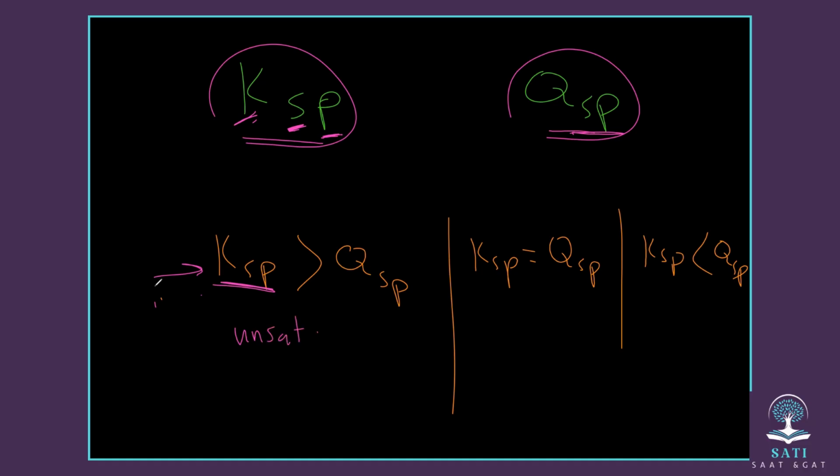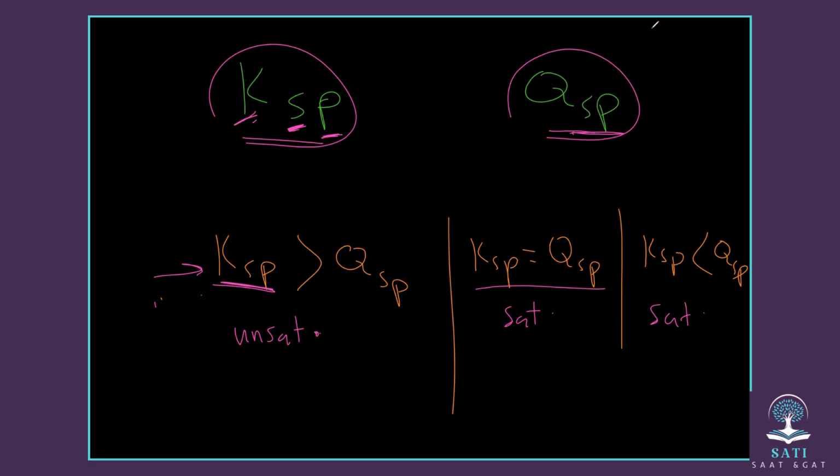Unsaturated, that means it can add more ions. So now this is unsaturated, while in the other ones, it is saturated. So you have two states where they are saturated, and you have one case that they are unsaturated,